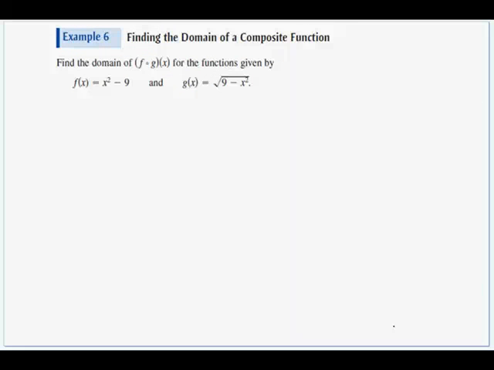Okay, now this part can get a little confusing. We're going to talk about the domains of composite functions. And let me just sum it up like this. We're going to be doing this one, f compose g of x, f of g of x. When it comes to the domain,